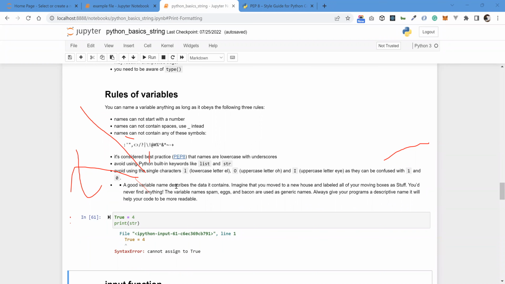So the next thing is a good variable name describes the data it contains. You can read this, and what it's trying to say is that whatever name you want to use for your variable, try to make it explain whatever you are doing, so that I cannot look at your variable and start thinking what we are trying to achieve. Do we get that? For example, if I want to use my name, I can just use a name variable equal to whatever I want, so that I cannot use dog as my name. And when I come later, I will not be thinking, what was he trying to do with dog when it was somebody